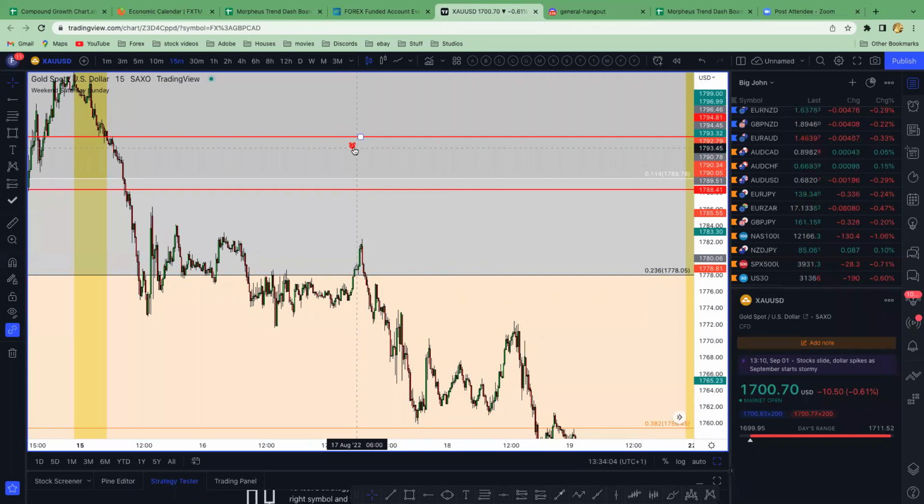And when you put your alert there, you get an alert notification if the market is getting closer towards that level, or does actually touch that level, sorry, and then the 15-minute candle closes there, wick or body. You'll get an alert notification. So that will help you out there. Just glancing through the past of the chart.